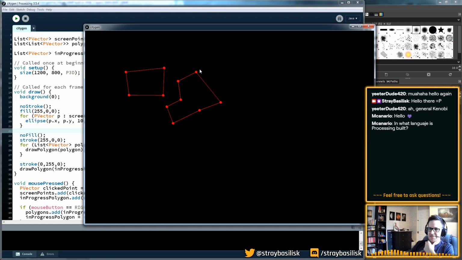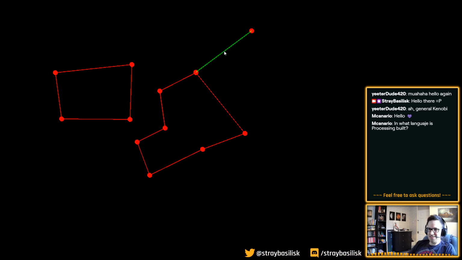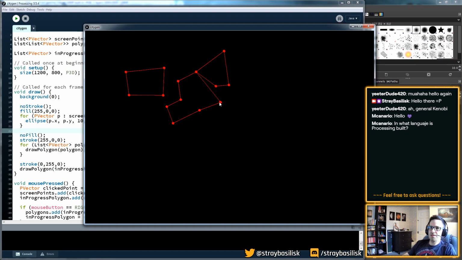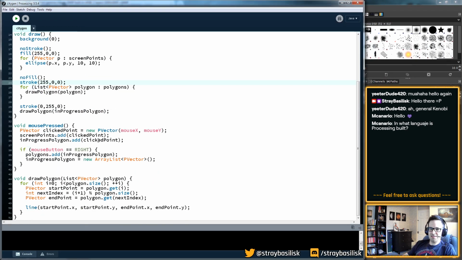What I'd really like to be able to do as well, though, is say I click again here. I may not have been able to see that, but it actually started drawing another point. What I really want it to do is, if I'm close enough to an existing point, it's just going to snap to it. So I think one way to do this is,